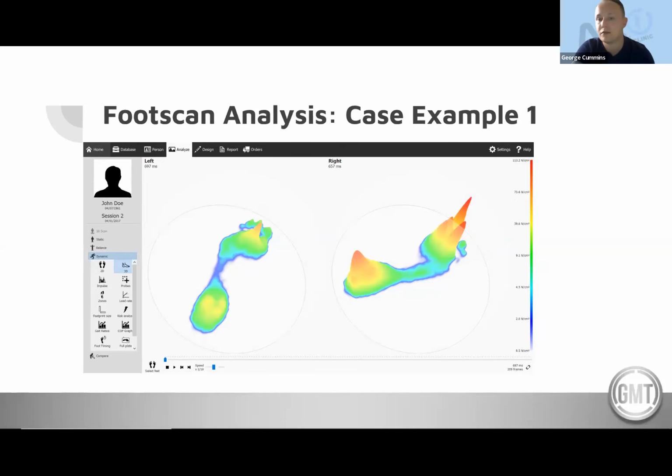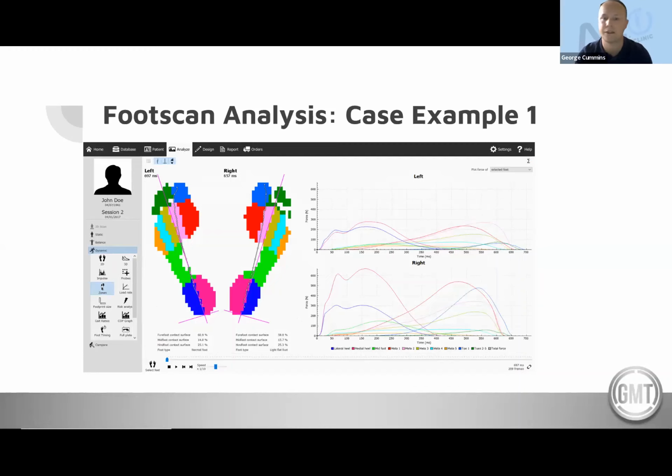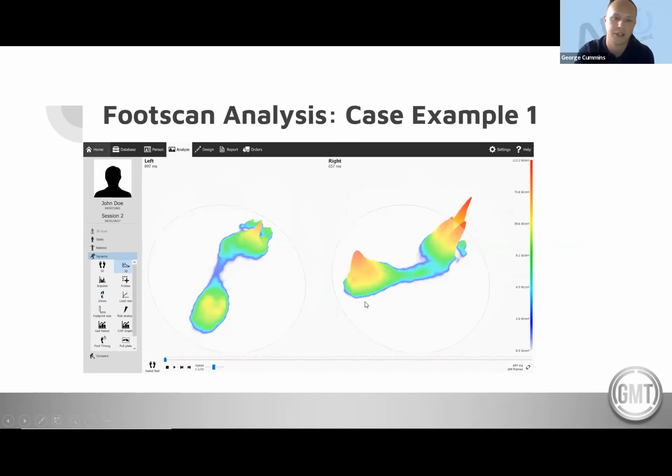At a much deeper level, your clinician's actually able to really understand the dynamic force through the 10 key areas of the foot. Now, lots of injuries stem from lack of control at the rear foot, often that rear foot valgus or varus, as I mentioned. Now, if we look at the heel here, we've got the pink as the medial heel and the blue as the lateral heel. And ideally, if we're looking at a heel strike, we should see relatively equal loading between the medial and lateral border. So that left heel is a good example, versus the right heel, not so much. We can see quite a discrepancy here between the medial and lateral border,